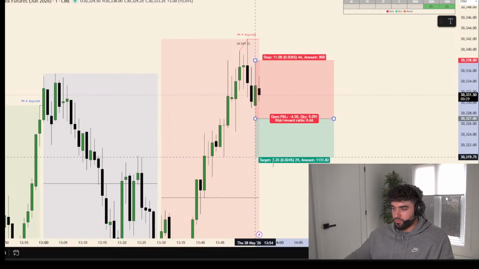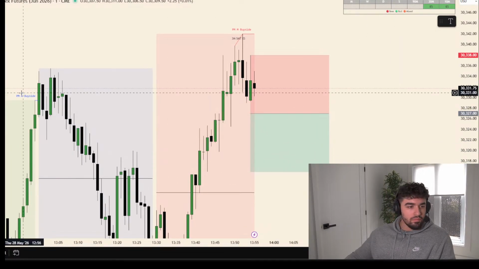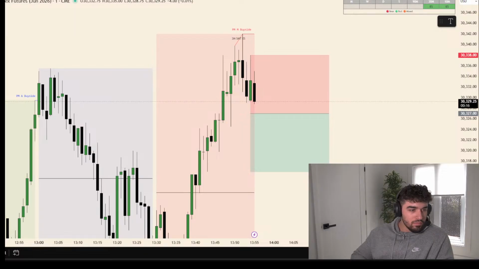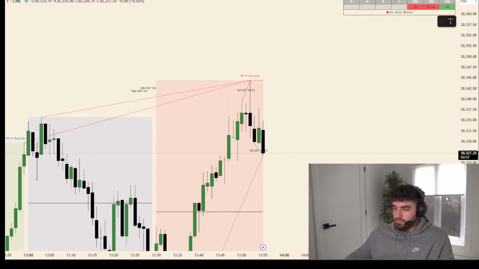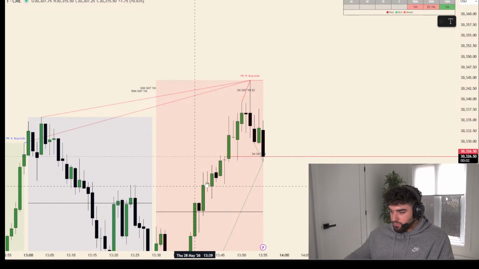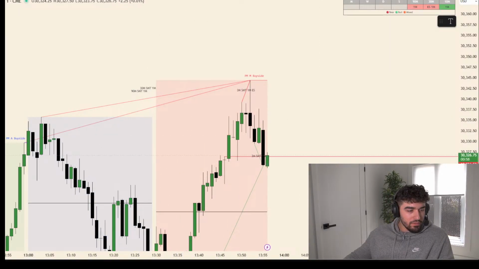Why is this not working? You've got to be kidding me. This is such a shitty piece of software, OBS. Might get the trade here. Oh, I know why. Minimized. Yeah, I'm going to be in here. Order filled.